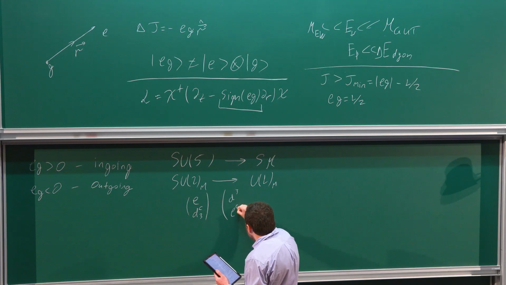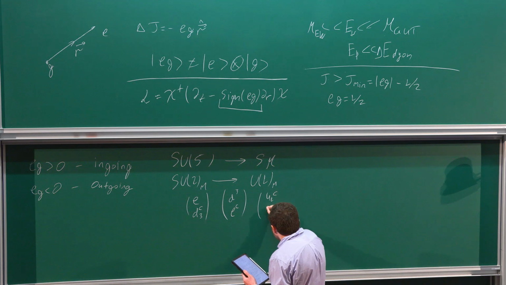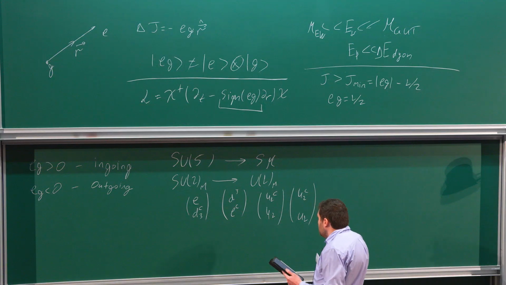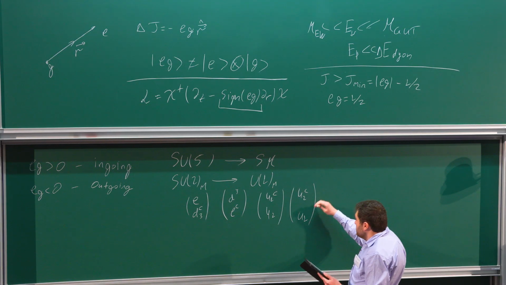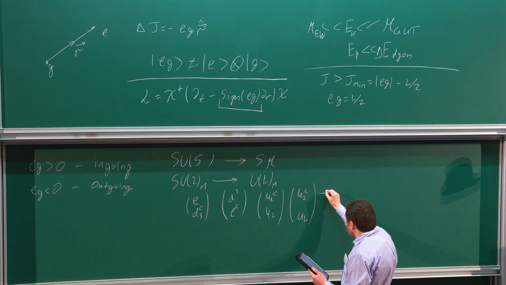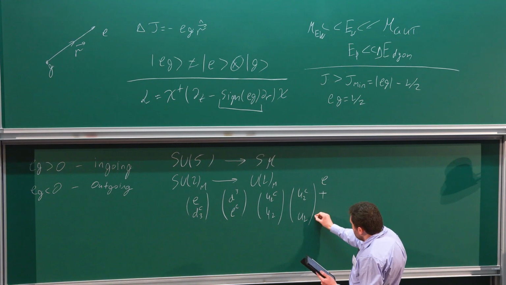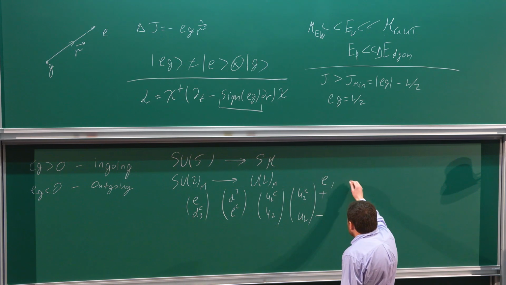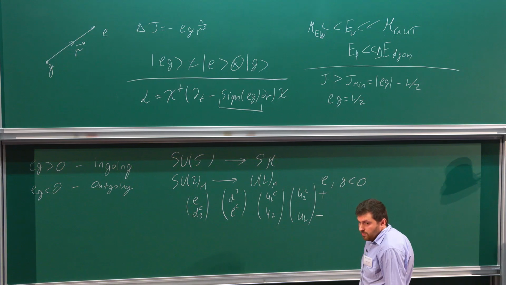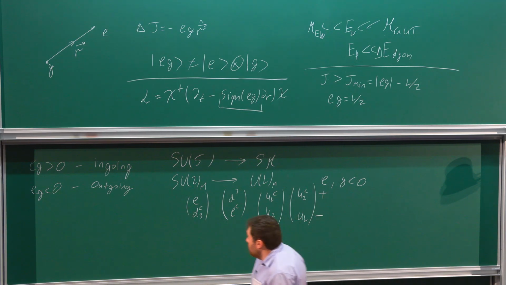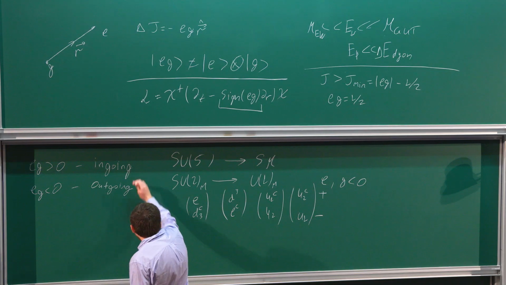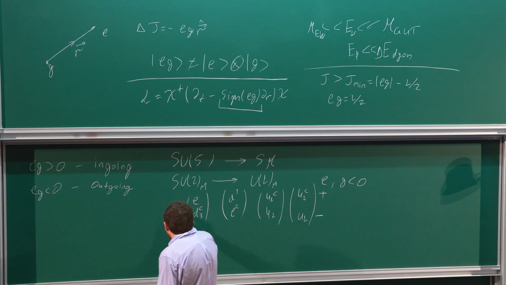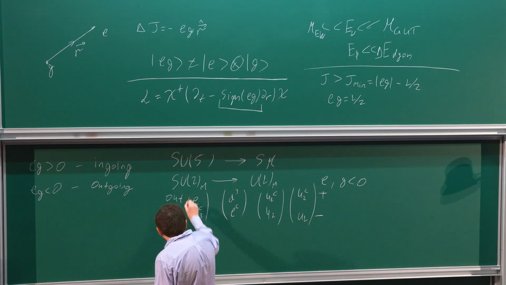These are 3 C, U2, U2C, U1. And if you examine the quantum numbers of these doublets, you will find that the upper component of this doublet has positive U1m charge, and the lower component has negative U1m charge. Let me study scattering on the magnetic monopole with negative magnetic charge. In this case, by comparison with these conditions, we will find that the lower component of the doublet is purely ingoing, and the upper component of this doublet is purely outgoing.